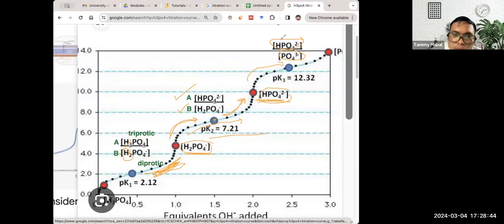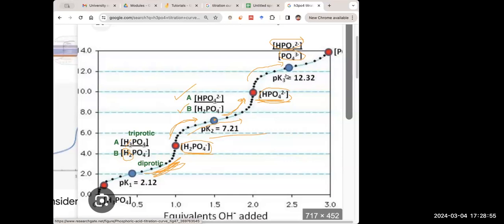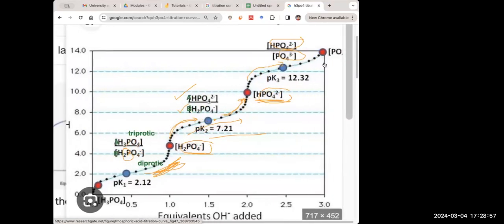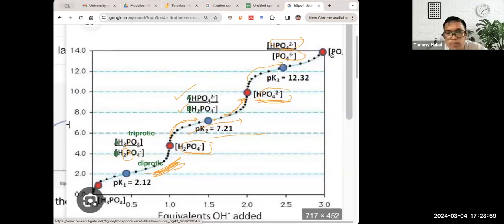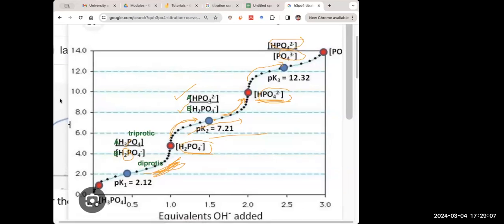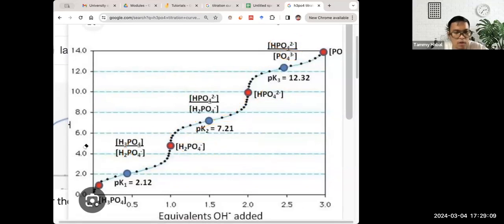Bakit mas marami pa rin? Hmm, this is your, what? Teka lang. Check. Bakit is PO4? PO4 na to eh. Baka mali lang siya ng label. Pero you get the point naman, di ba? Yes, you get the point. So as long as